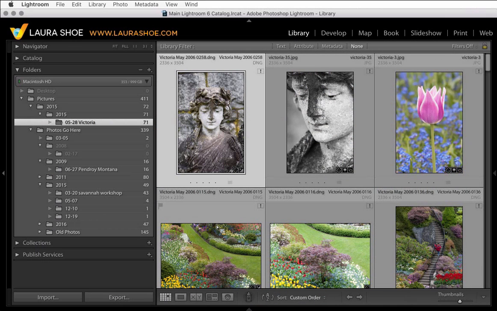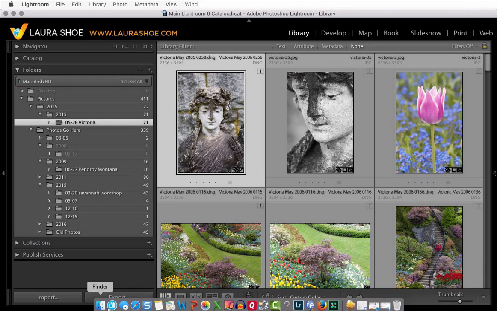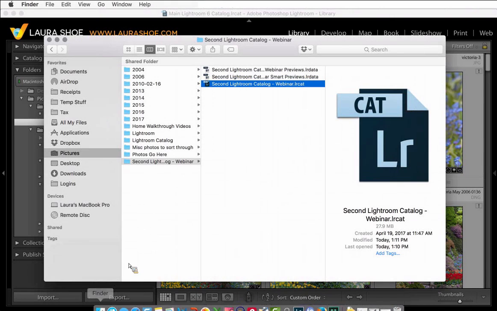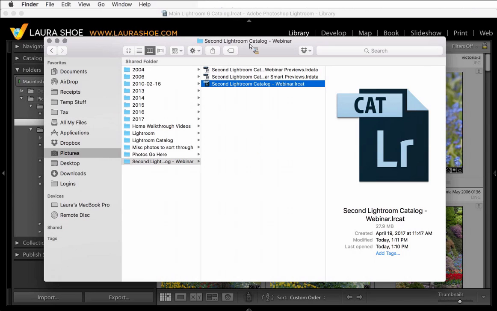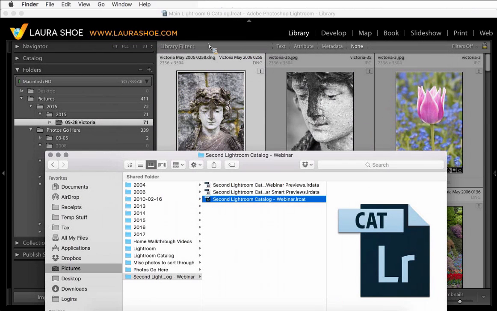Okay, so that's understanding what catalogs are, deleting backups. Now, some of you have multiple catalogs for other reasons. For example, you may have created catalogs for every shoot and then realized that that's a very inefficient way to work, and you want to go to having all your photos in one catalog, which is what I recommend for most people. Everything would be in this one catalog that I have